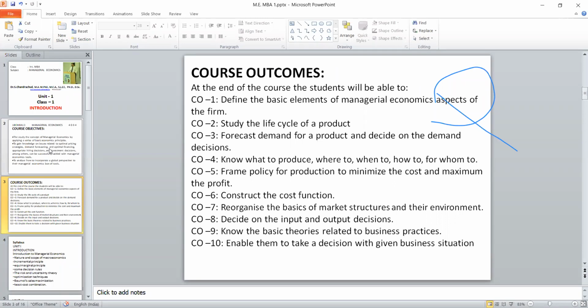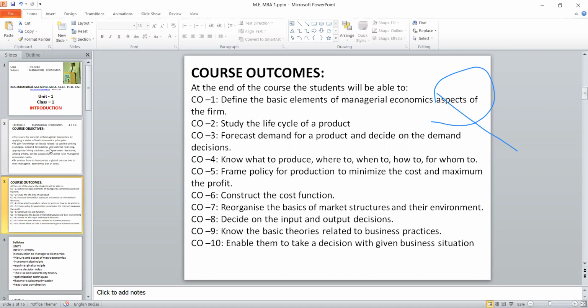And there are different theories like economic theory, behavior theory, management economic theory. So these theories will be familiar. So in a given situation, a person will be able to take a decision once you complete this particular subject in this semester. So these are the things that we framed as course outcomes.